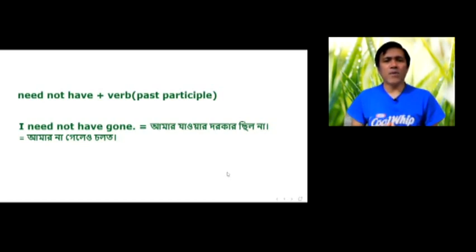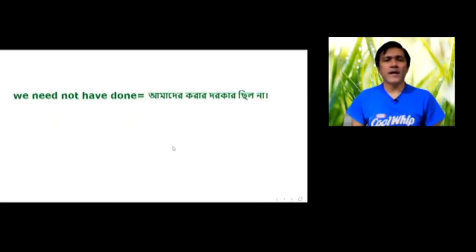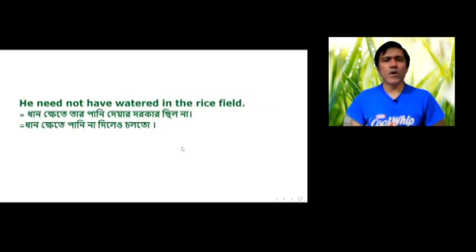I need not have gone, আমার যাওয়ার দরকার ছিল না, অর্থাৎ আমার না গেলেও চলতো। We need not have done, আমাদের করার দরকার ছিল না, আমাদের এটি না করলেও চলতো। He need not have watered the rice field, ধান খেতে তার পানি দেওয়ার দরকার ছিল না, অর্থাৎ ধান খেতে পানি না দিলেও চলতো।